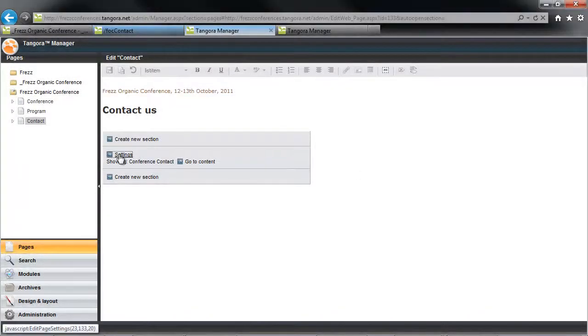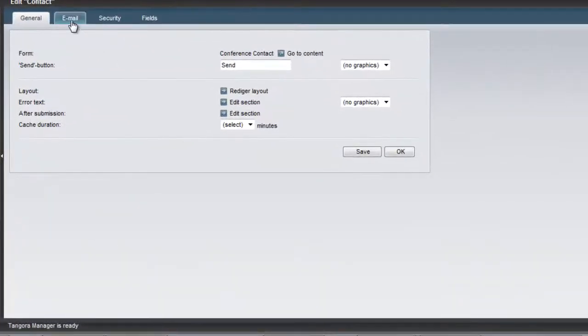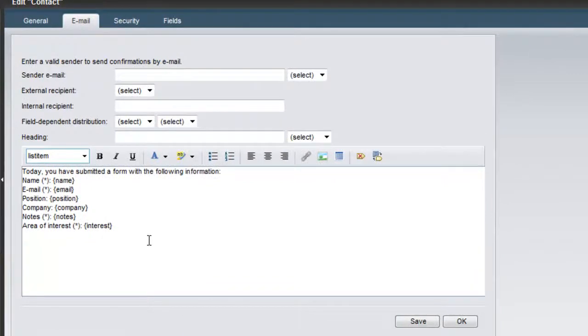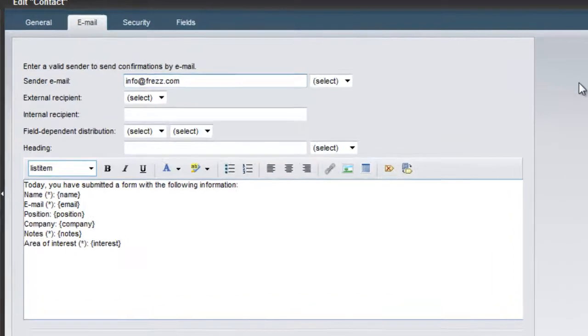First off, I want to show you how to send visitor submissions as an email to your organization, to the form sender, or to you both. Here, back on my form page under Settings, I have a tab called Email. I activate the feature by writing a sender email in the field at the top here. This should ideally be a real email at your organization, though whether or not you use this email for further correspondence with your guests is your choice and can just be indicated in your communication.